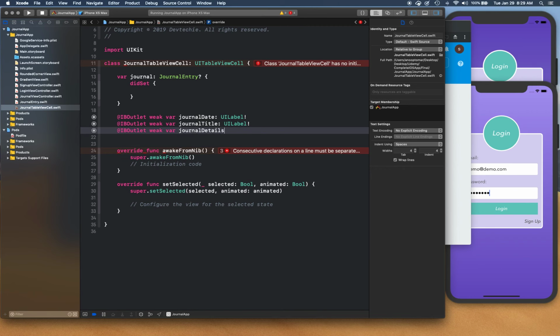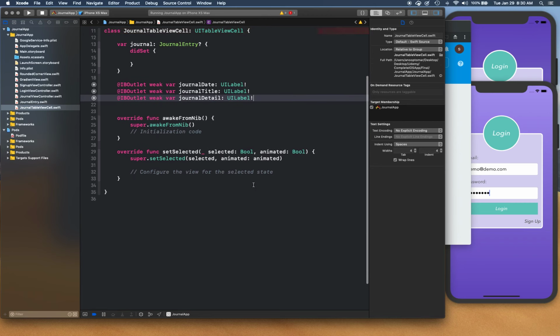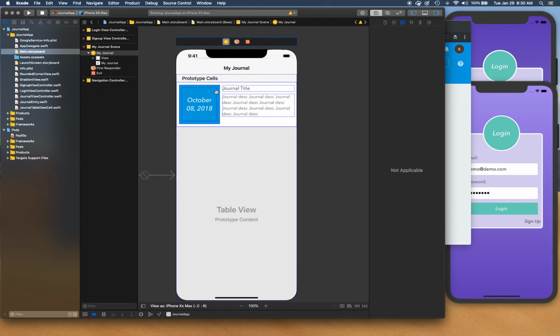General details, detail UI label as well. Okay. So with these three properties, three outlets created, let's go ahead and go to our view controller or storyboard, and